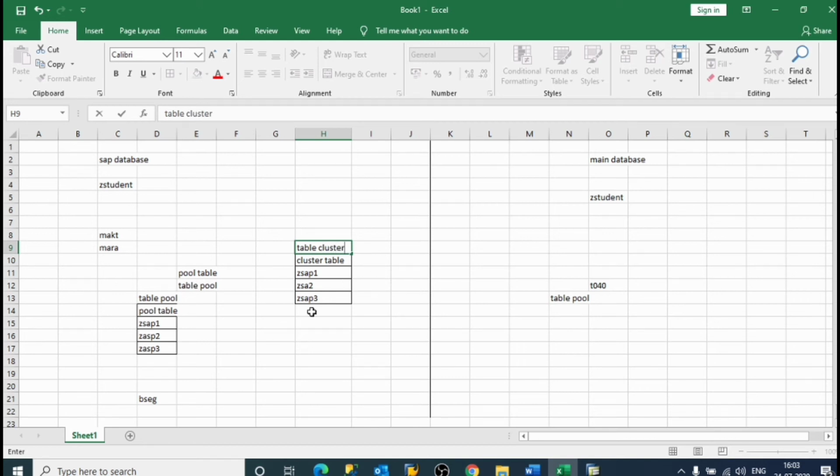Now in cluster tables, several logical rows from different cluster tables form together a table cluster. Suppose cluster table ZSAP1 stores report related data, ZSAP2 stores account related data, and ZSAP3 stores other transactions related data.